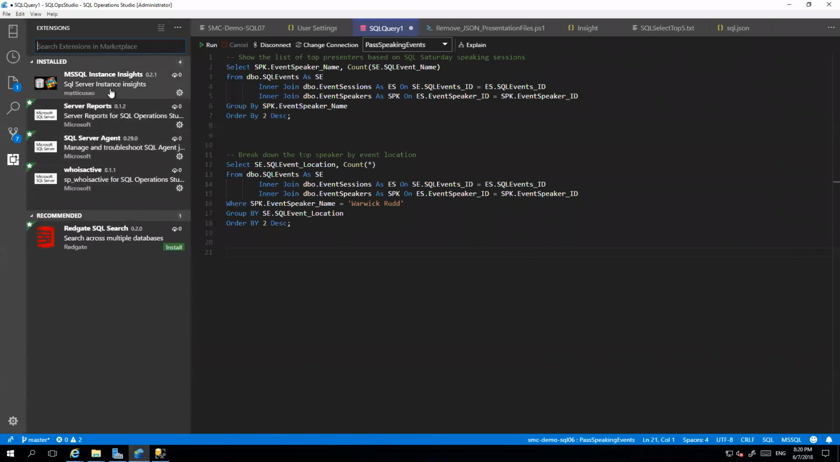Now, this one here, Instance Insights. This is from actually a local boy here in Brisbane who works for Microsoft, has created a GitHub repository with multiple extensions that you are able to download and install for free. To see what is available,